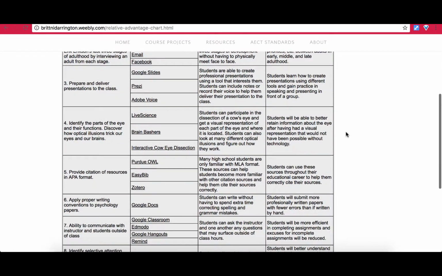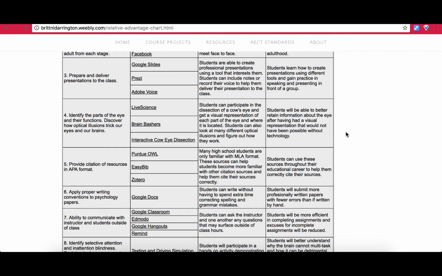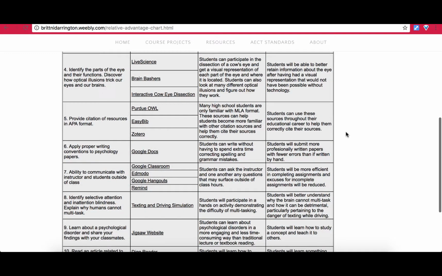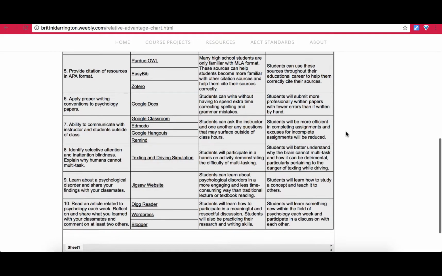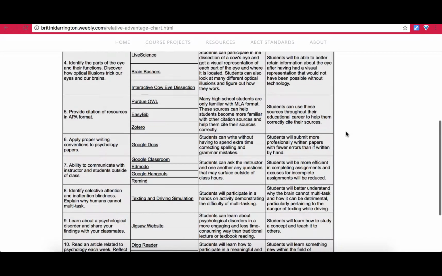In this assignment, I began with my objectives in mind and then determined which technology tools could help with the achievement of these objectives. This chart identifies the advantage of using these particular tools, and I believe creating a chart similar to this for every lesson would be a task that would benefit all educators attempting to utilize technology in